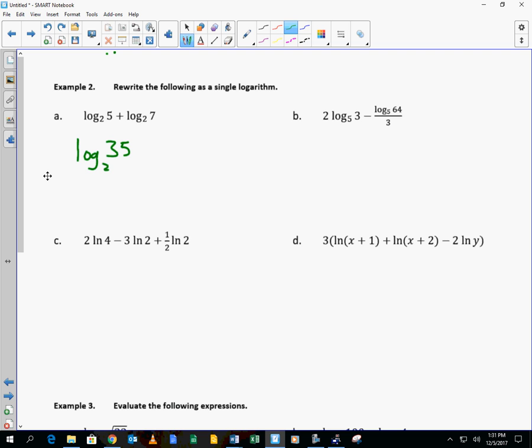I'm going to rewrite this one as 2 log base 5 of 3 minus 1/3 log base 5 of 64. Now, why would I do that? Dividing by 3 is the same as multiplying by 1/3. What can I now do with the numbers out front? I can move them to the